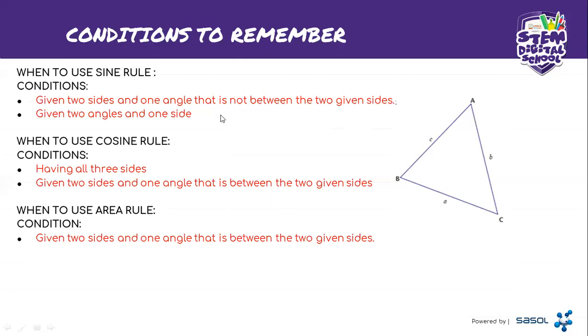Right? The second condition is given two angles and one side. Given two angles and one side. So if you come across a triangle where you are having two angles and one side, then you must know that in that case you are going to